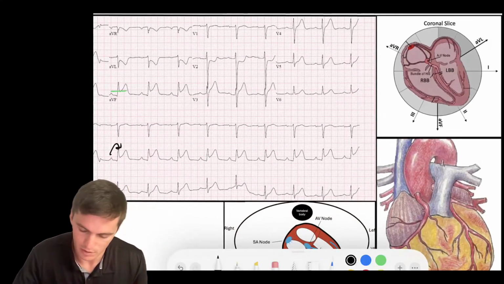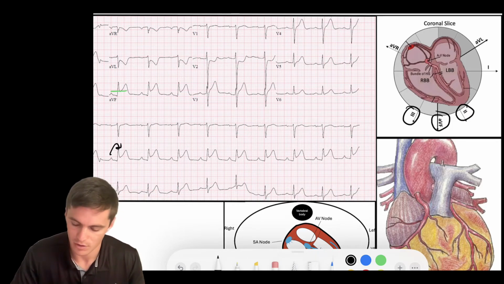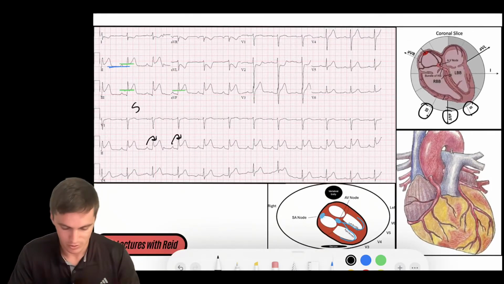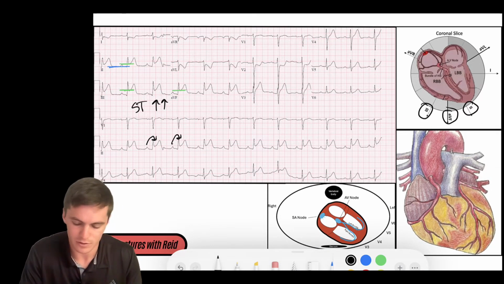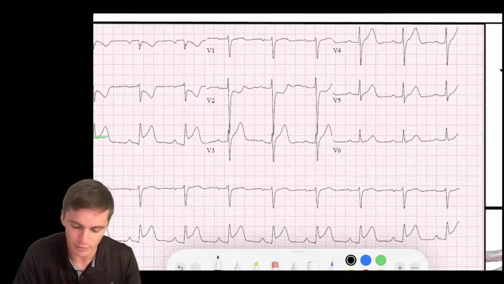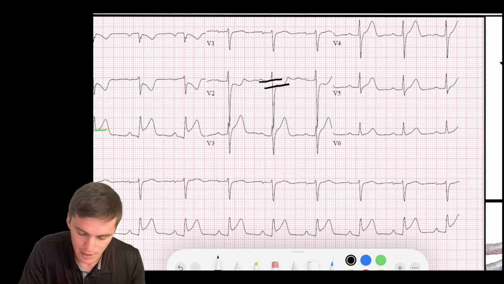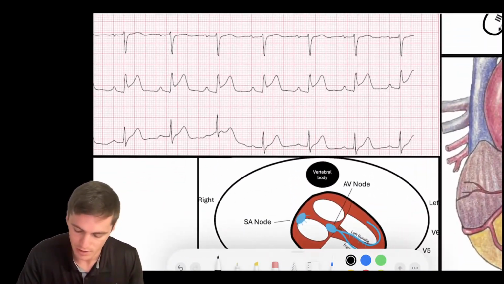So let's go to our chart. We've got ST segment elevation in leads 2, 3, and AVF. So inferior leads have ST segment elevation, right? So far, our ST segments are elevated in the inferior leads. And if I keep scanning through, I see ST segment depression in lead V2. So I have ST depression in V2, which, if I go down here,